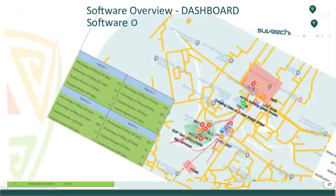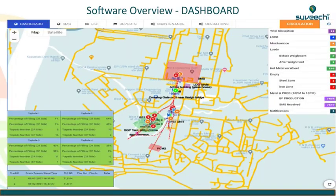Let's take a closer look at the software overview dashboard. This slide highlights the core interface that users interact with daily. It's designed to provide a comprehensive view of all critical data points at a glance. The dashboard serves as the central hub where you can monitor key metrics, track progress, and quickly identify any issues that need attention. What's really important here is how intuitive and customizable the dashboard is. You can tailor it to display the most relevant information for your specific needs, making it a powerful tool for